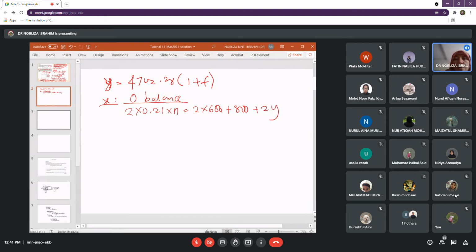Okay. So from there, this one actually can be replaced with the one for the oxygen from before. 0.21, what did we get just now? 1 plus F 1250 equal to 1200 plus 800, it will be 2000 plus 2Y. So from there you simplify to get Y. So your Y is supposed to be what? 1 plus F